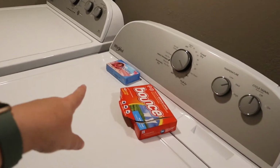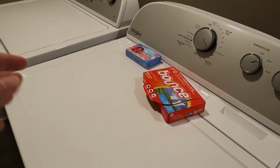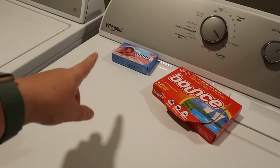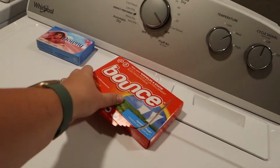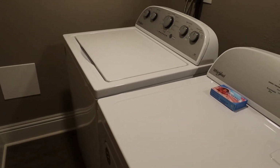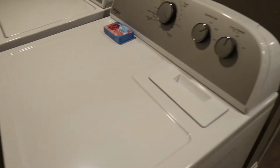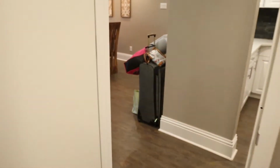And they do provide you with some pods. I don't know what they were, if they were Tide or what, but they were just sitting here. And then they give you some dryer sheets. These are actually ours. I brought them not knowing if we were going to be provided with it, but we were, so I didn't have to use mine. But we used this quite a bit when we were here. So coming out of here,